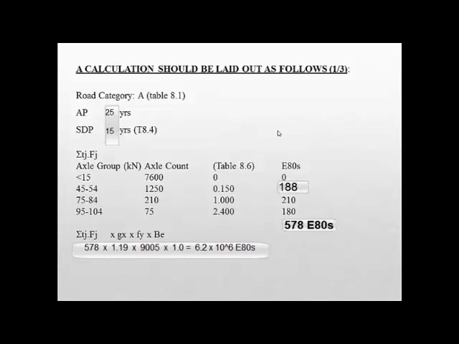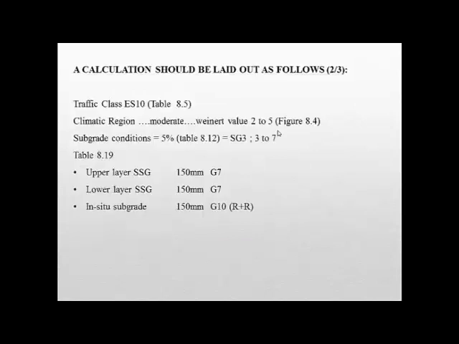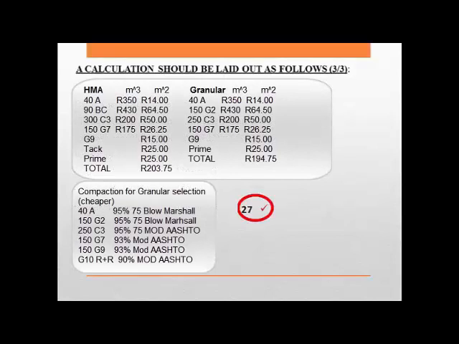We will start with identifying road category, analysis period, structural design period. Then we will compute the cumulative daily traffic, known as E80s, and then proceed to calculate the design load or bearing capacity for the analysis period of the pavement. We then identify traffic class, climatic region, our subgrade conditions, and finally, we identify all the applicable catalogs as per the scope of the question, and we price, we make a final selection, and that final selection, we add on